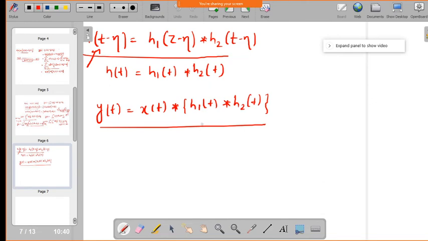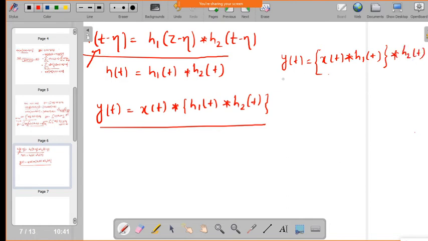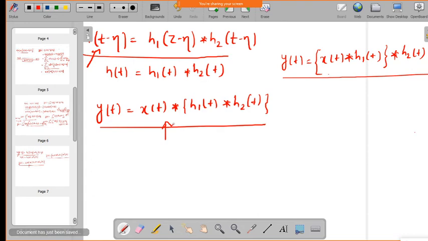So whenever we take the proof, we first took x of t convolution h1 of t. That first integral we have taken, then the convolution with h2 of t we have done. So this is the input side whichever we took, and after that we arrive at this one. So that proves the associative property. Okay, so is it understood? Any doubt?